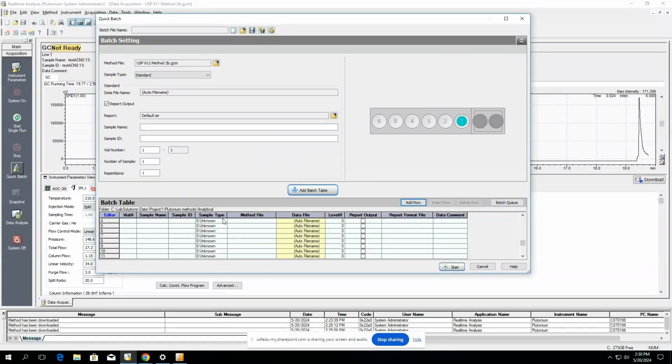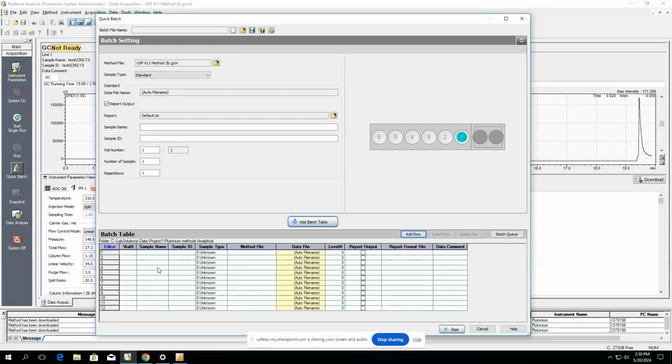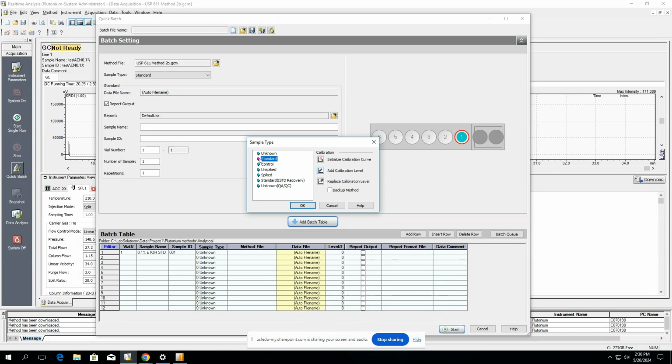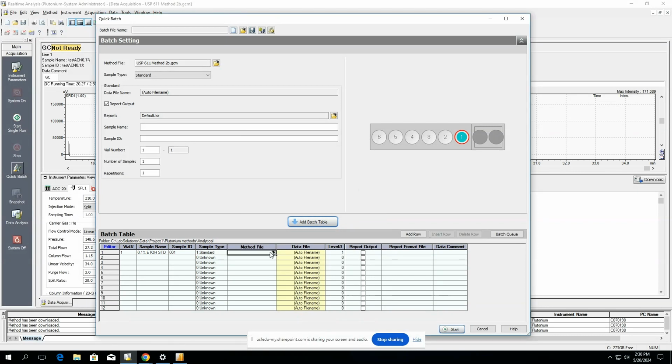This is going to be set up as if we're running the 3 calibration curve injections as well as the 0.4 standard injection with the unknowns. So we're going to go ahead and input it as if we're running this method. The first 2 injections are going to be from vial 1, and that's your 0.1% ethanol standard. How you name the ID and how you name any of the samples is really just so you know what you're running, and you can go back into the data processing stage and know which vial, which injection stands for